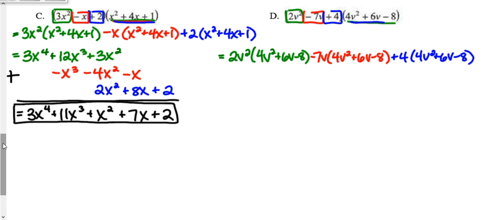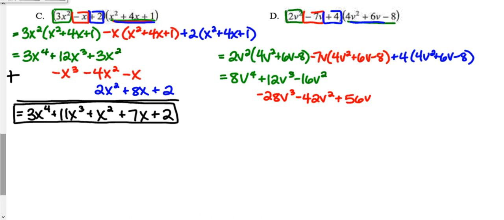Okay. So distributing the 2v squared, that would be 8v to the 4th plus 12v cubed minus 16v squared. Sorry, that's v to the 3rd. So that's the first distribution. Now the second one, so that would be a negative 28v to the 3rd, then the negative 42v squared plus 56v. And then the last one, starting with a 16v squared, and then that would be 24v